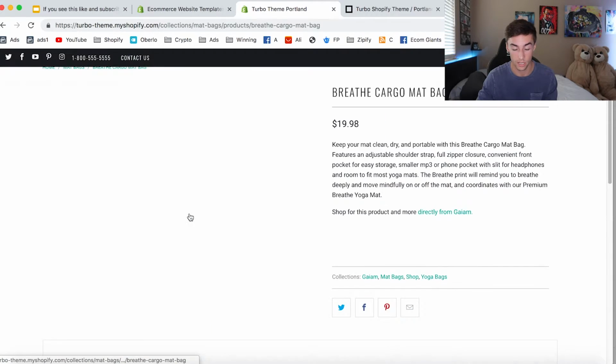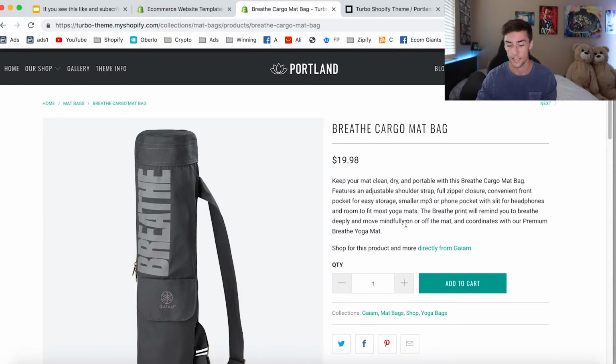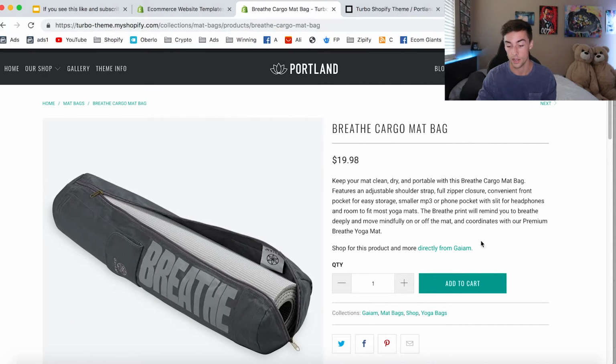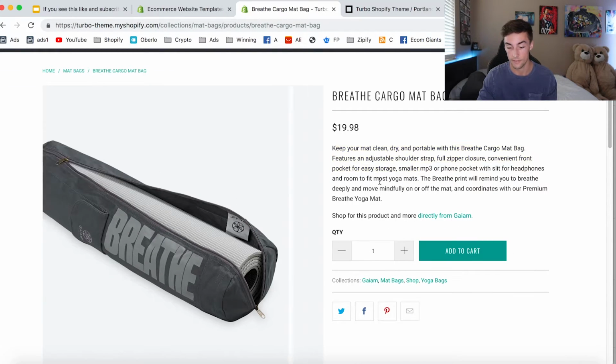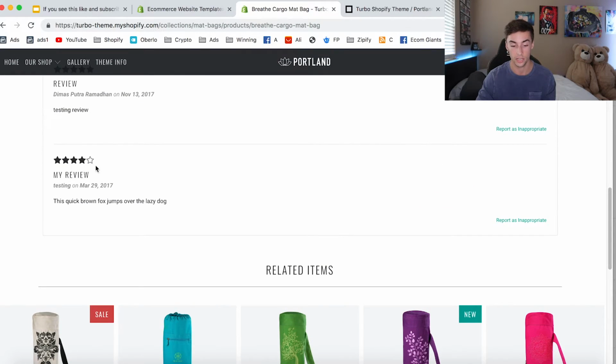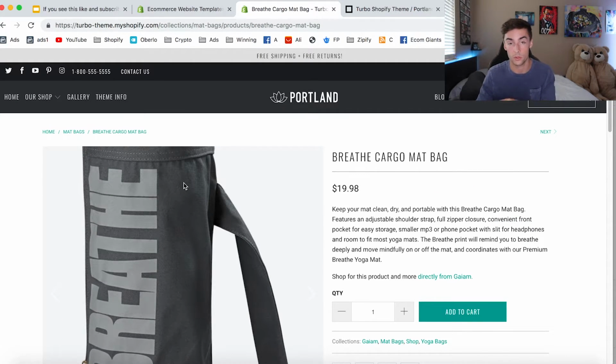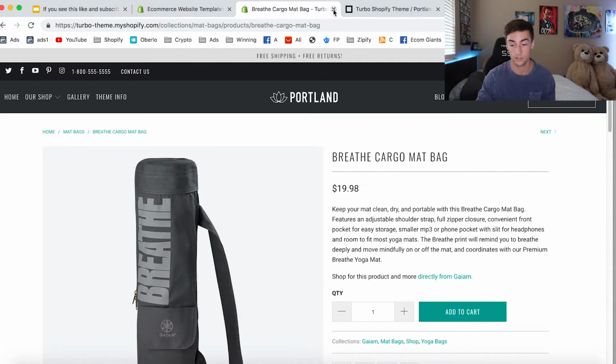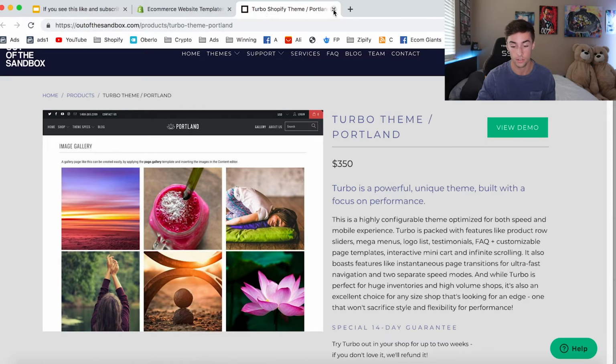So if we look at one of their product pages, another thing I like is the way that the product page is set up. It's pretty sleek. So they've got some lines right here. They've got the price, and usually I'd add the description below the add to cart button, but they have that above just for, I guess, show purposes. The reviews down below is really nice. Turbo has some apps that are already integrated with the theme, so you'll save some money just by not paying for those apps anymore. So the Turbo theme is wonderful. It's $350 if you want to get it.